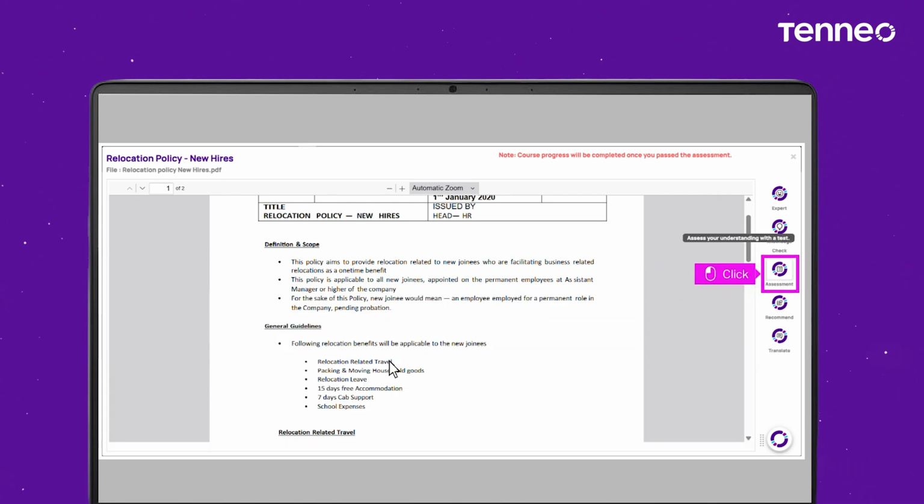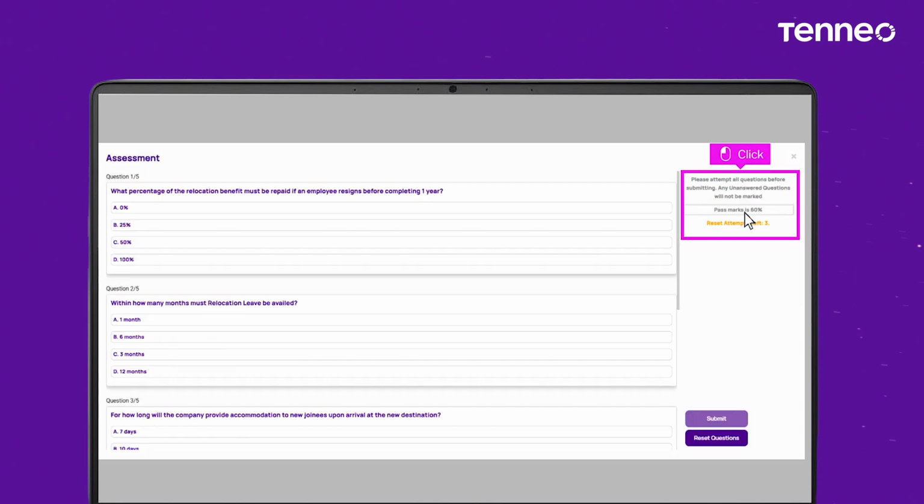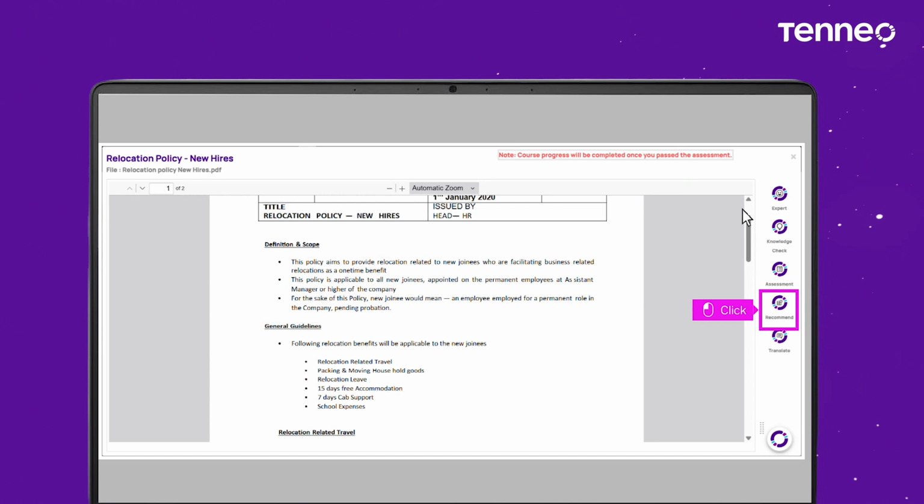The assessment function evaluates users through AI-generated multiple-choice questions, MCQs, with the option to set passing marks. The Tenneo assistant automatically generates unique assessment questions for each user based on the provided document, saving administrators time and effort. The Recommend feature retrieves reference material from your content repository on the selected topic, providing relevant resources for enhanced